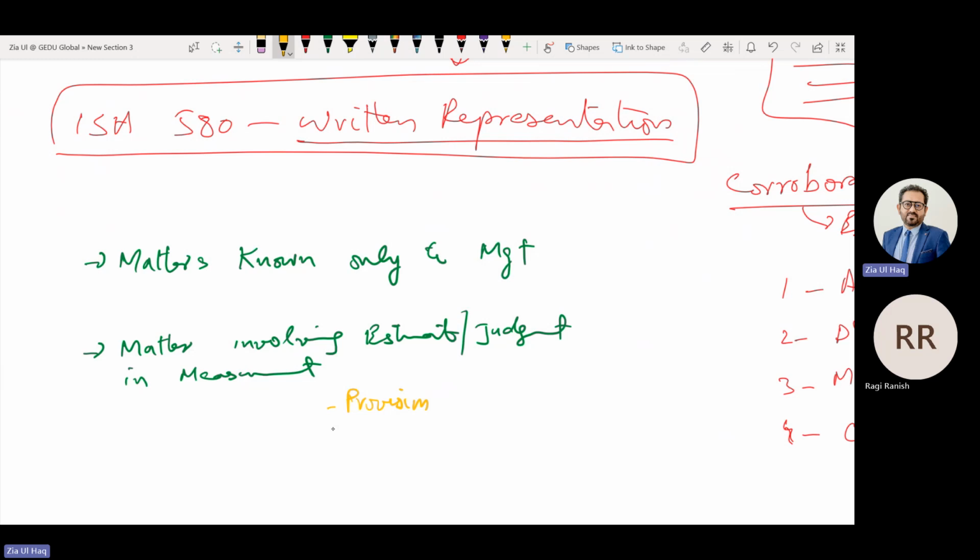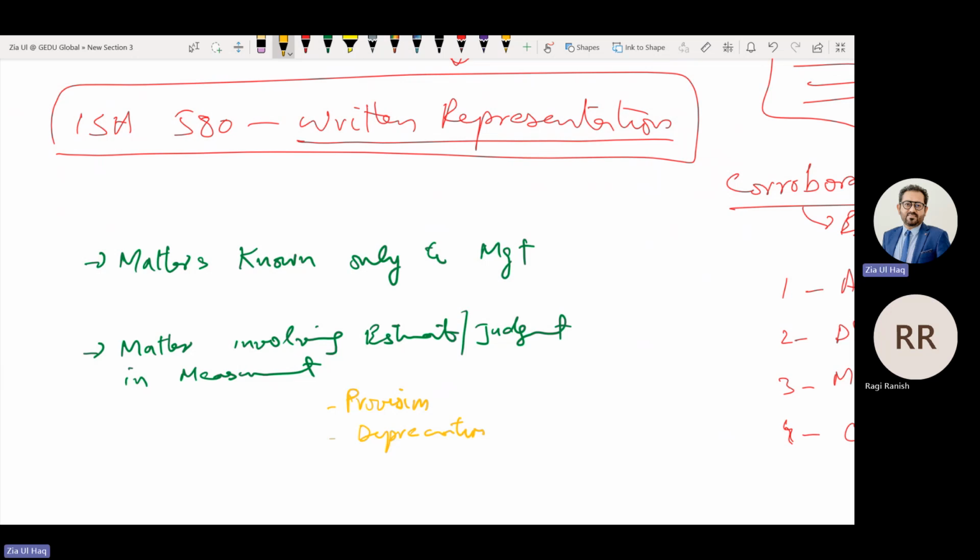As well as depreciation and amortization. They are charging depreciation of 10%, asset life is 10 years. Depreciation they are charging 20%, asset life is 5 years. They are charging depreciation of 2%, asset life is 50 years.